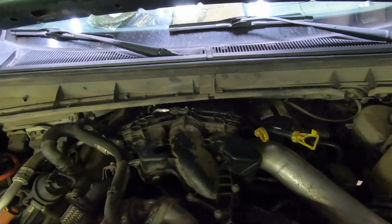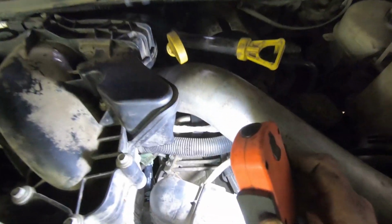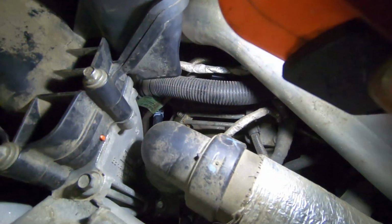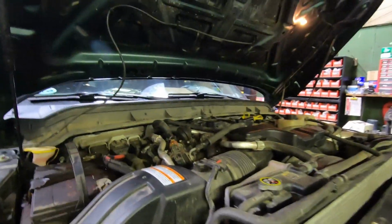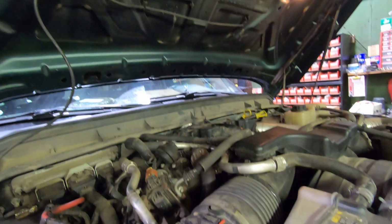So those are your bolts, and then I'm gonna go over and make sure all my hoses are clamped, and they are, and the line's in there. So we're all done. Let's put some coolant in it. It should be good. Alright, so it's all back together. I got coolant in it. I'm gonna run it, check for leaks and stuff. I don't really anticipate any, but